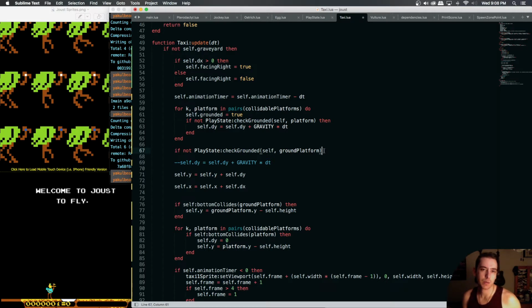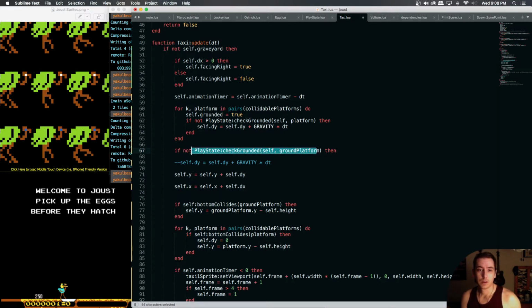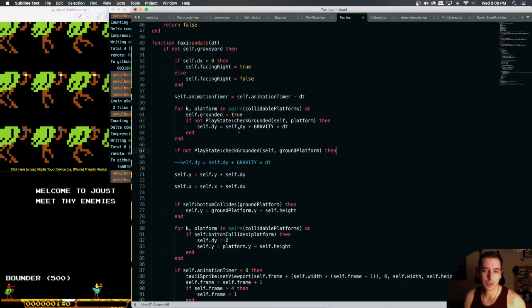Instead of saying all times we do add gravity, we need to say when we don't add gravity, because when we check this, if we're not grounded on the ground platform, which if we're grounded on a collidable platform, this will be false, which would mean we're applying gravity, which is not what we're trying to do. So I think we would have to say something like